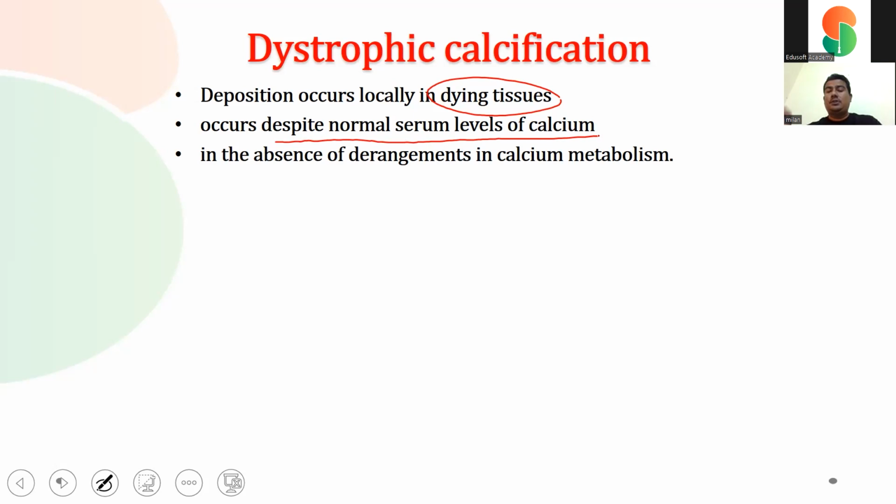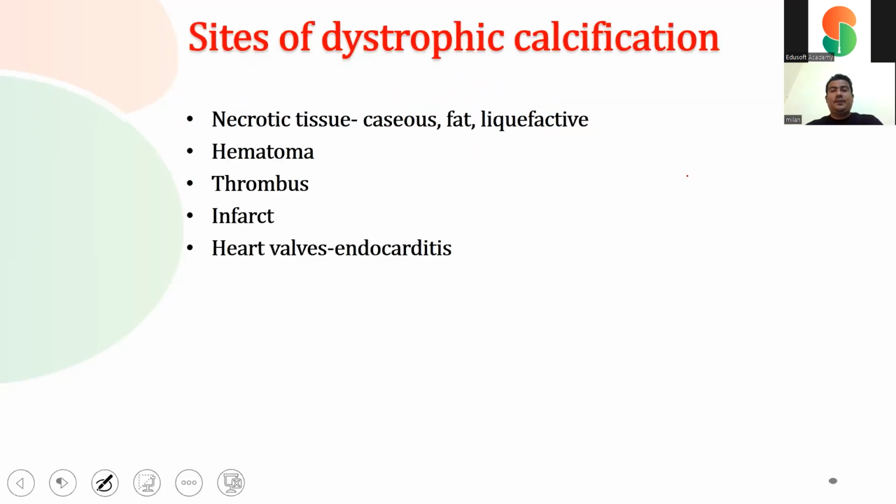Serum calcium level is normal, there is tissue injury, tissue destruction, and there is deposition of calcium, and these all occur in the absence of derangement of calcium metabolism. The calcium metabolism is okay, serum calcium is normal, and these occur in inflamed, injured, or necrotic dying tissues. This is dystrophic calcification. As I've already said, this occurs in the setting of necrosis,